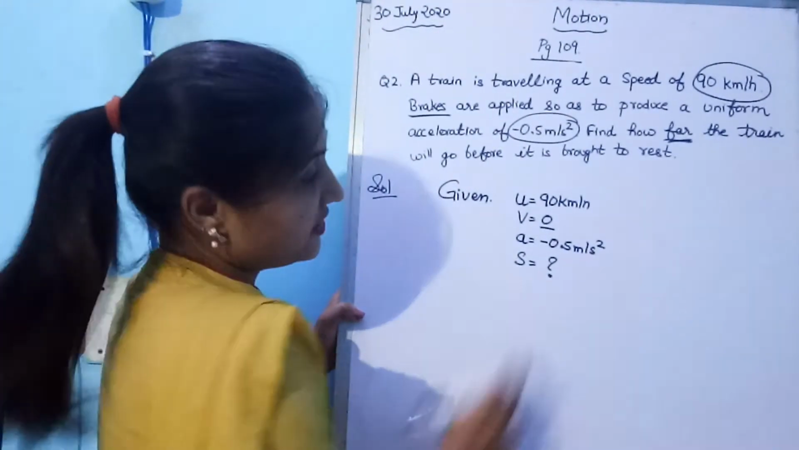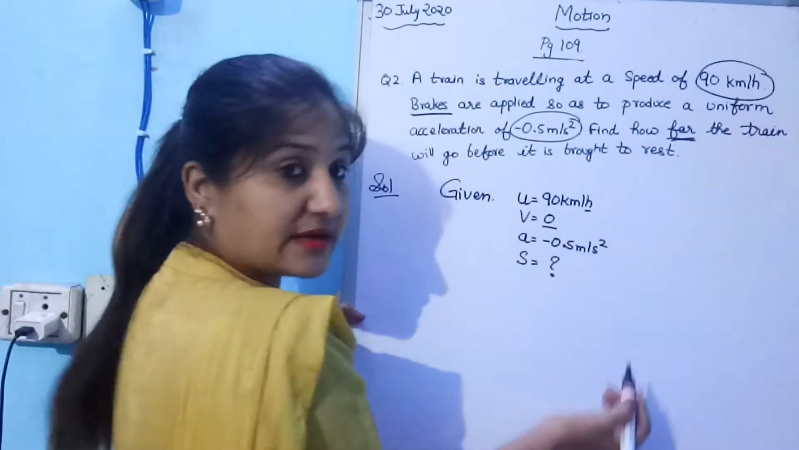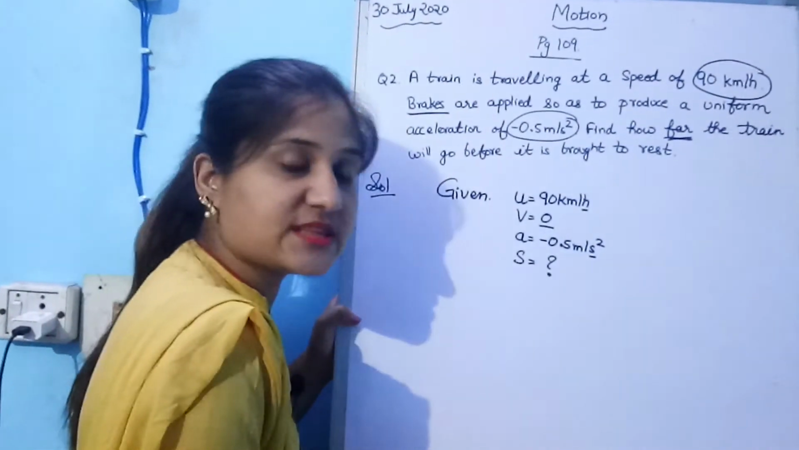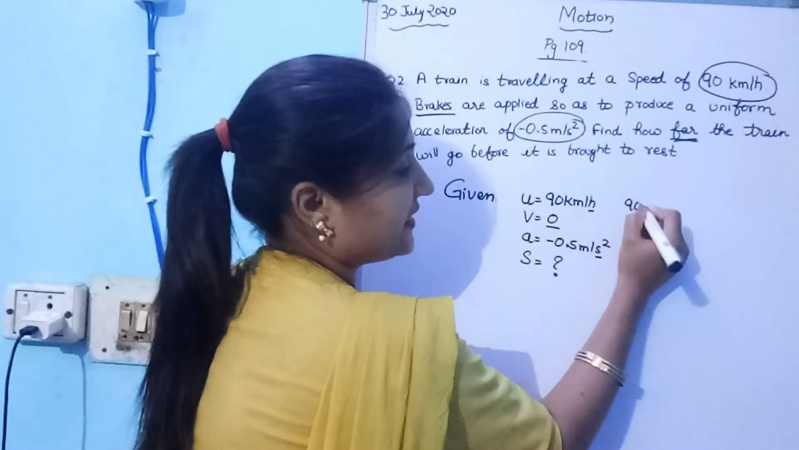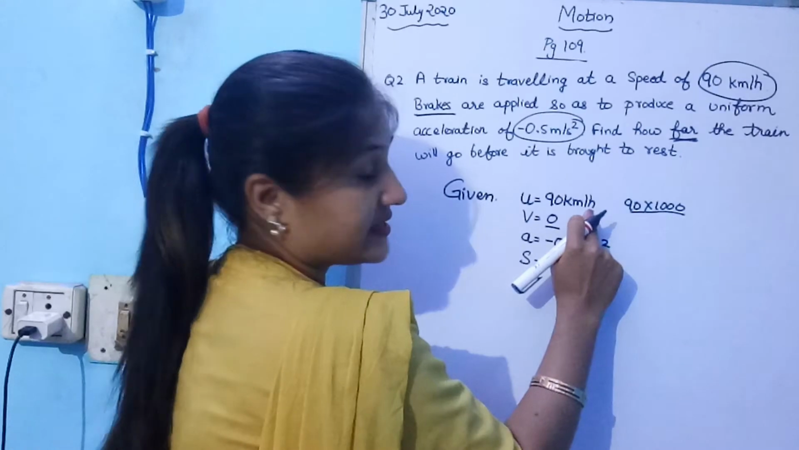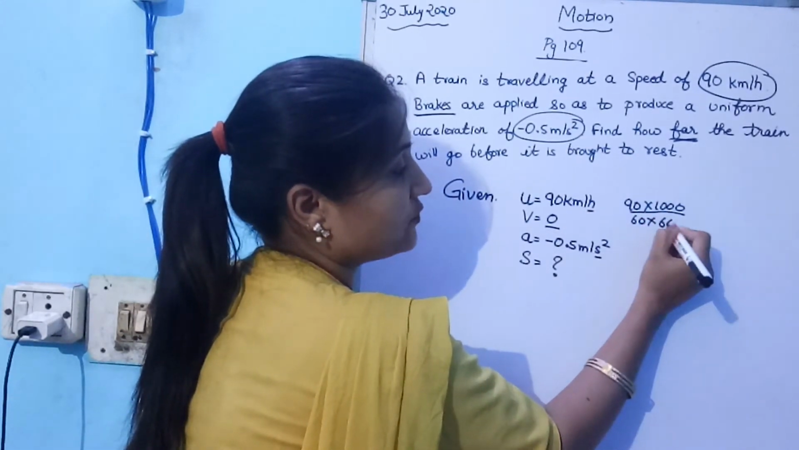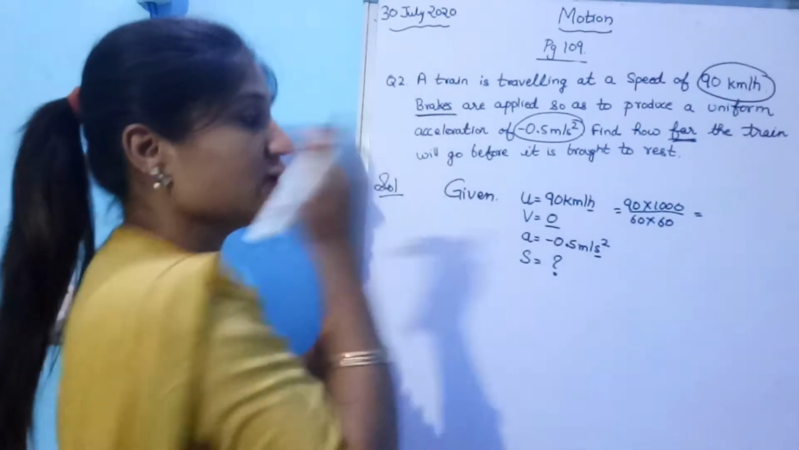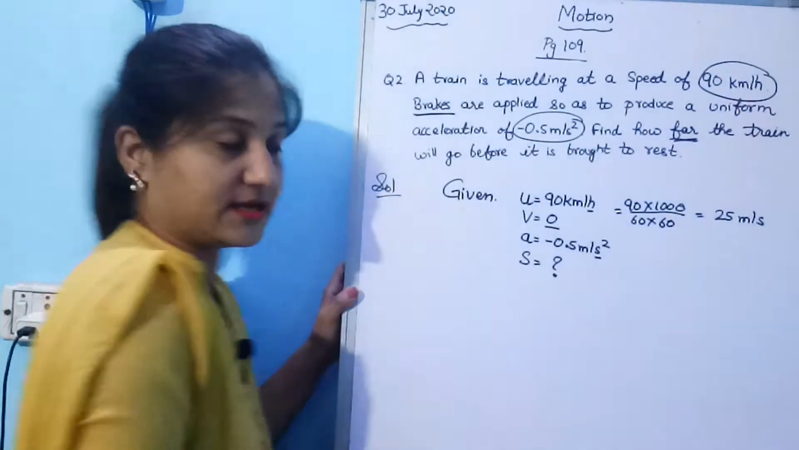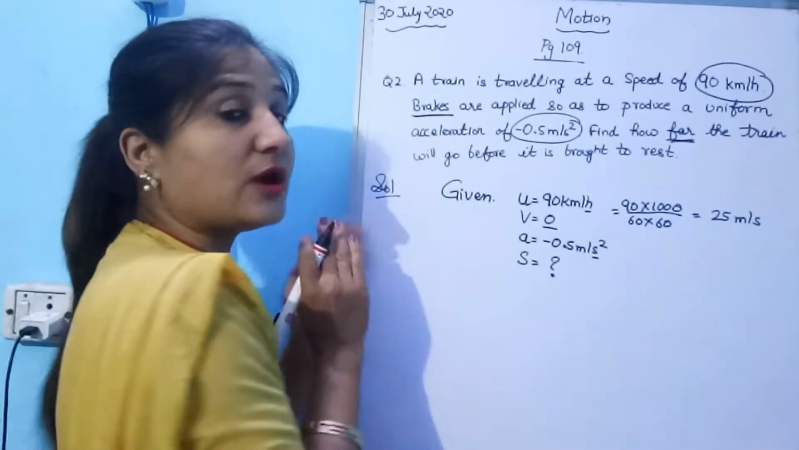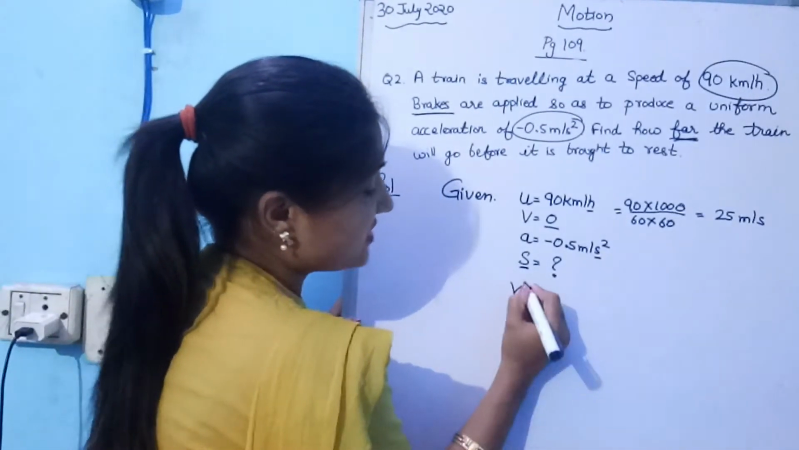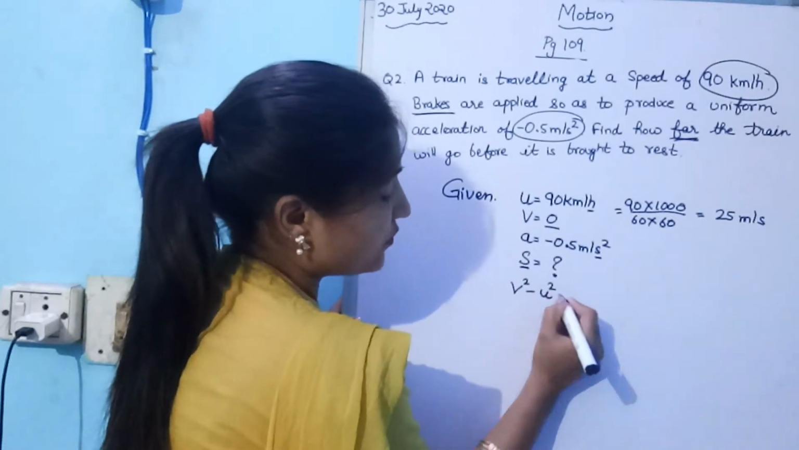So first of all, this is kilometer per hour and this is second. So we have to convert the 90 kilometer per hour to meter per second. How will you convert? 90 multiplied by 1000, kilometer into meter, and hours into second by dividing by 60 into 60. So when you solve this, your answer comes to be 25 meter per second. Okay, now we have to apply a formula so that we can get the distance. So the formula we will apply is v square minus u square is equal to